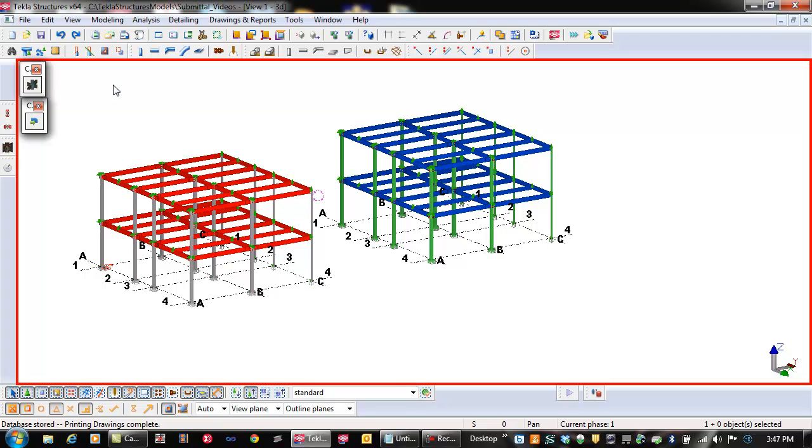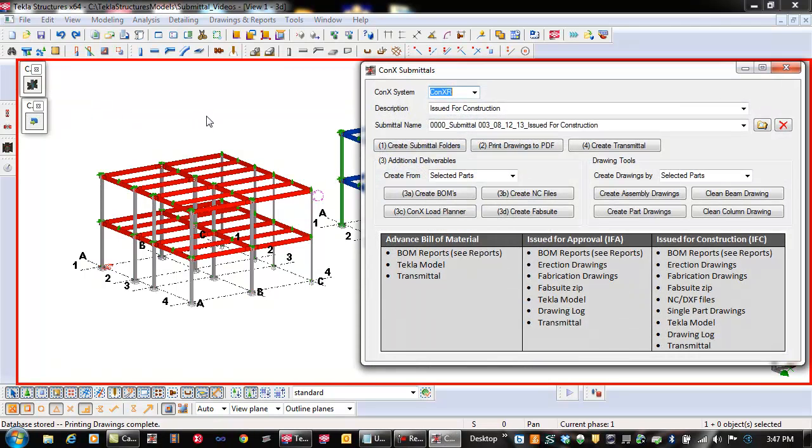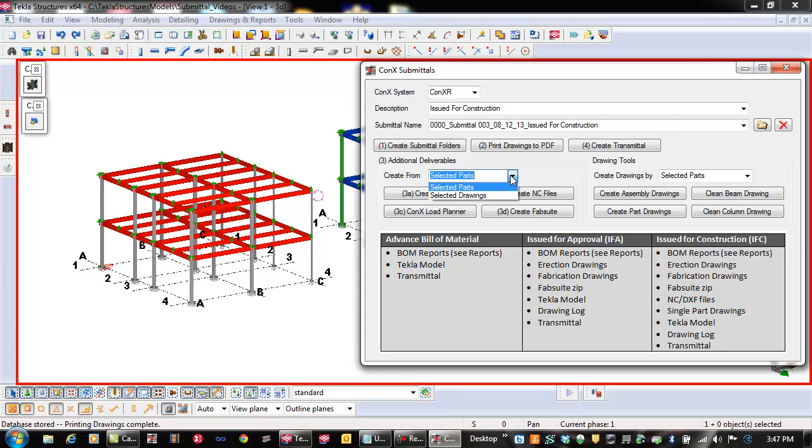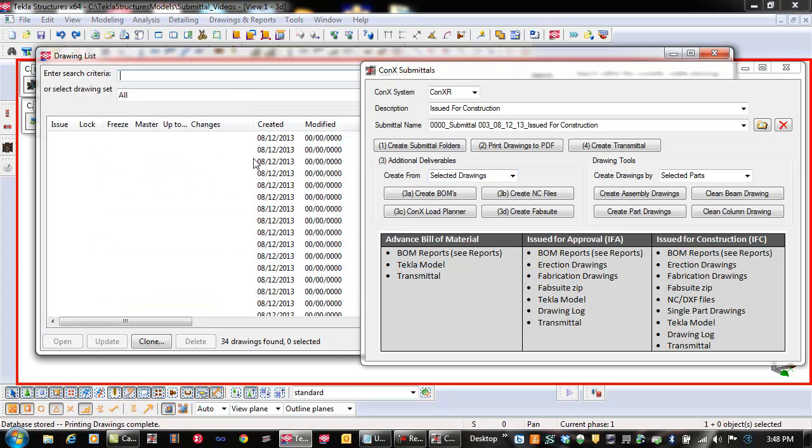Once the drawings have been printed to PDF, the next steps are to create the rest of the deliverables for the submittal. We'll go back to the ConX Submittals tool. We have Submittal 3, issued for construction, currently active and selected. Now we're going to say create the additional deliverables. Instead of from selected parts like we did in the advanced build stage, we're going to do it based on selected drawings. We'll then go back to our drawing list,